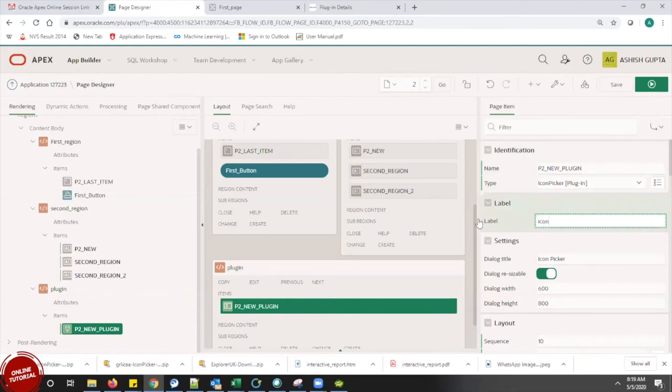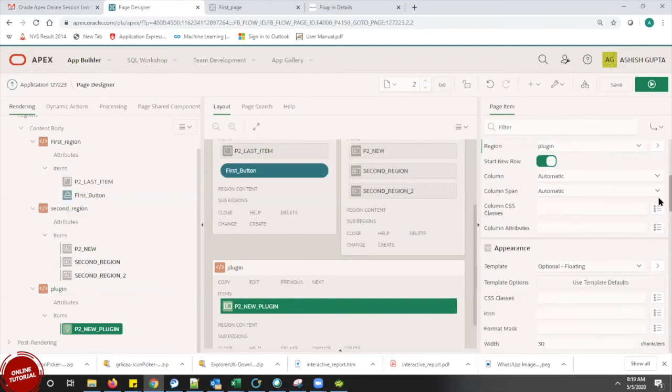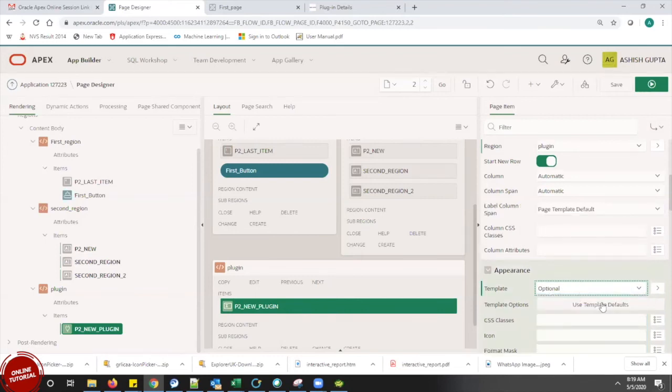It is just a label that I am keeping. It has already been configured in the plugin with a dialog width of 600 and 800. If we want to change it, we can change it, otherwise we can ignore it. By default it is optional floating. I am just going to keep it as optional, the template.